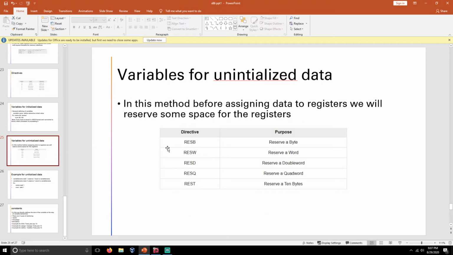In uninitialized data, we reserve some space before initializing the data.